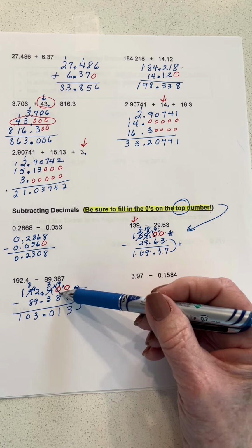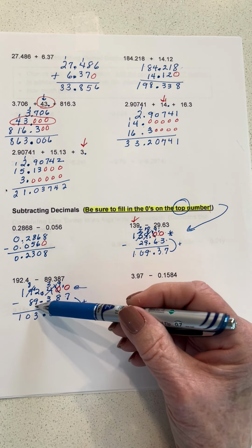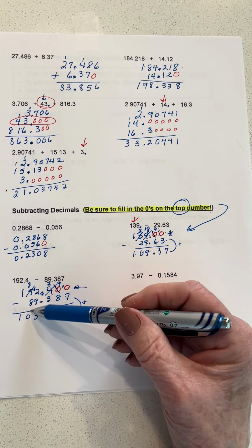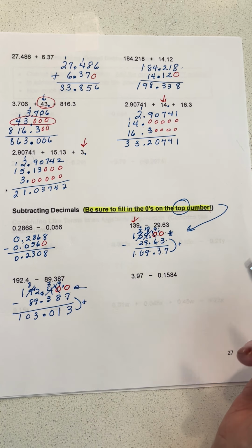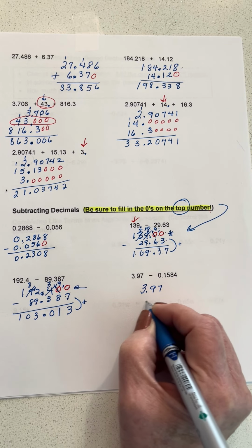You'd have 0, carry 1, 0, carry 1, 4, 12, carry 1, 9, 1. Okay, we've got another one here. 3 and 97 hundredths minus